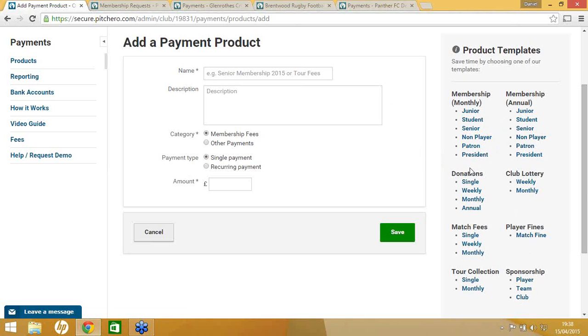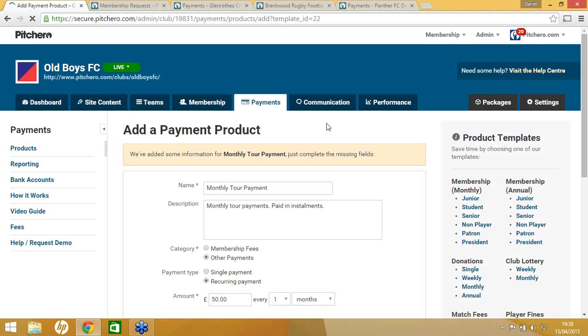So what I'll do is I will select, let's try monthly tour payment. I've got a tour coming up to the west coast of Scotland. I want all my members to come to the website and pay for that product here. Makes it easy for me as a webmaster. I don't have to keep chasing people. Makes it easy for the user as they don't have to bring money to training or after a game. They can just come any time of the day. It's open 24/7. Come to this website, or you can send them an email and pay for the product securely